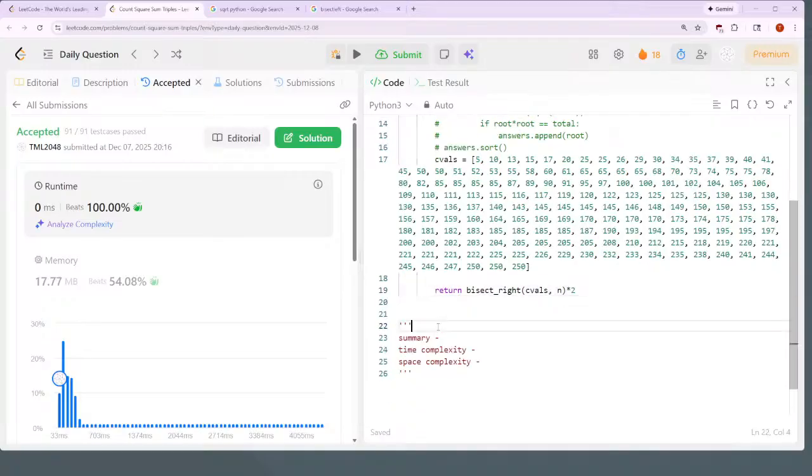Using, I think something like, if you rearrange a squared plus b squared equals c squared, you arrange it to like c squared minus a squared equals b squared, then that means that c minus a times c plus a equals b squared, which means that like the two factors c minus a and c plus a must